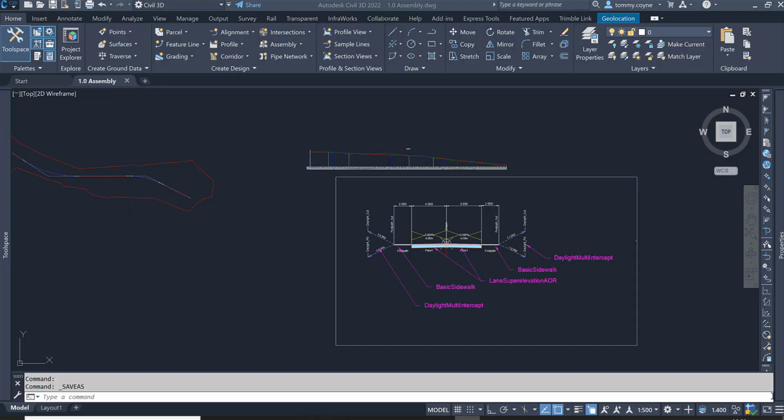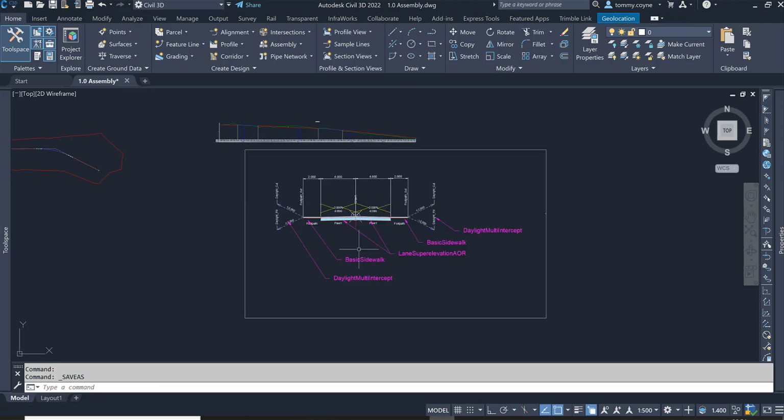This video will demonstrate how to create an assembly in Civil 3D. I want to replicate this snip here and create the assembly and add in the sub-assemblies that are shown within this snip. The first thing I'm going to do is change my viewport configuration,